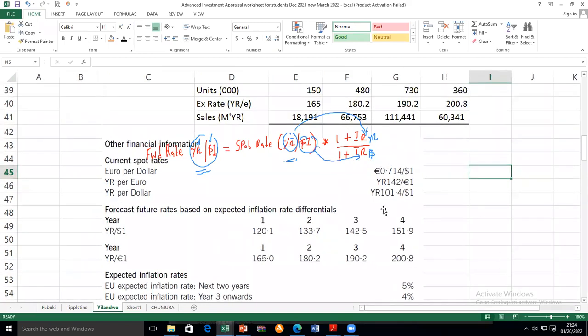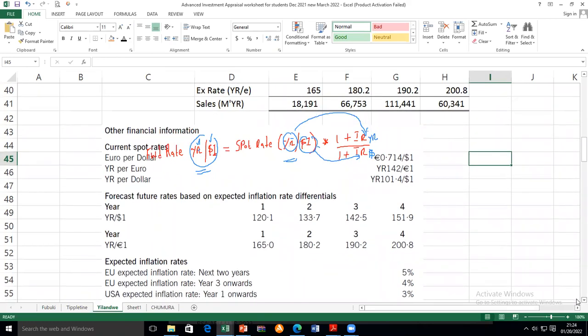Let's do a calculation here. The spot rate, Y rand to the dollar, is 101.4. In the first year, what is the inflation rate in the USD? It is 3%. So to find the rate in year one,